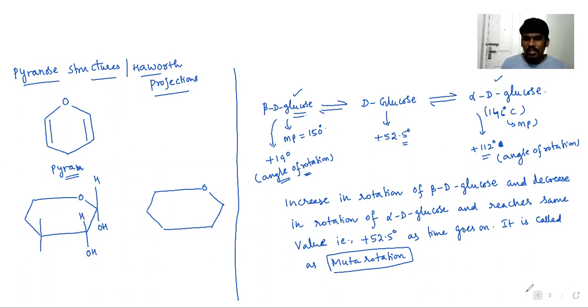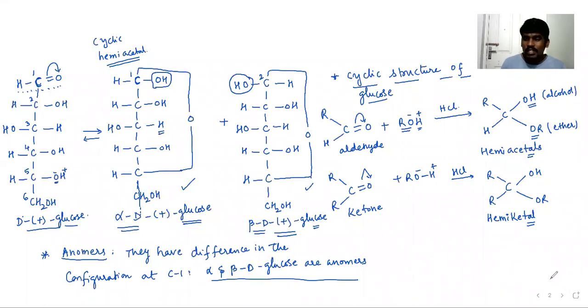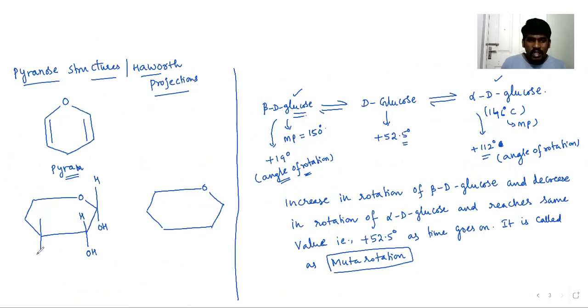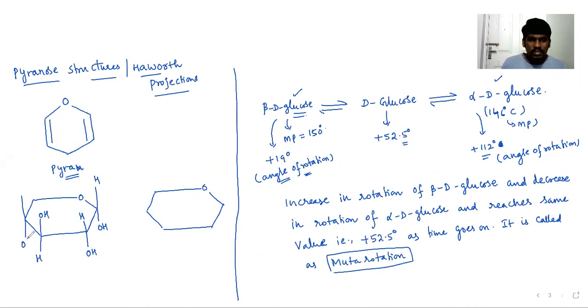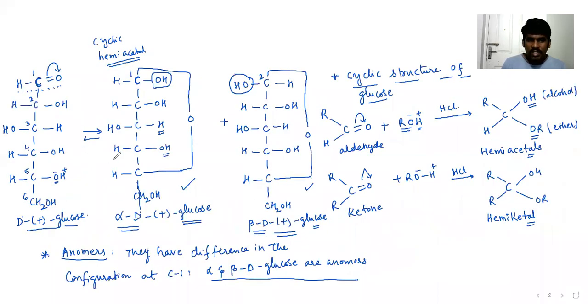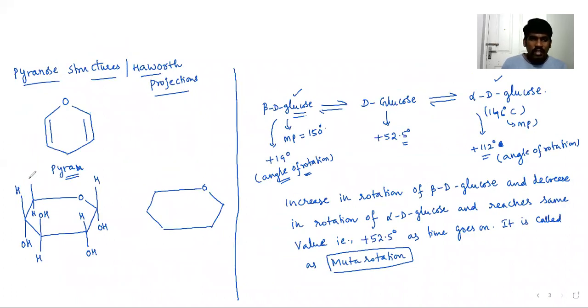Similarly, for the third carbon, if you observe, H is on the right hand side, OH is on the left hand side. So what does it mean? H should be at the bottom, OH on the top. And it is the fourth carbon. In the fourth carbon, if you observe, what do we have? OH is on the right hand side. So I can give it as OH at the bottom and H on top. Now it is the fifth carbon, which has H, and it is connected to CH2OH. That is what I have given here.